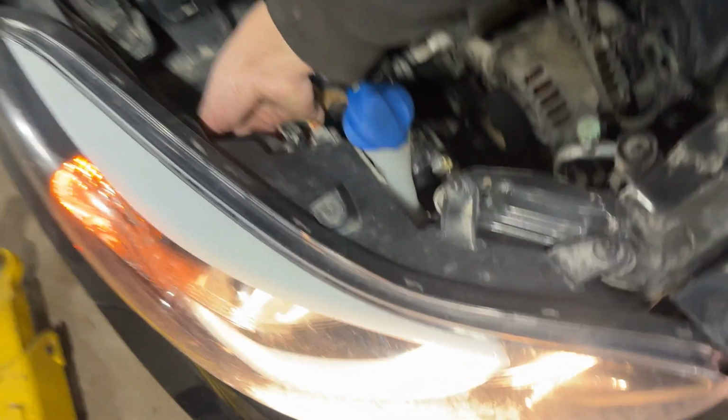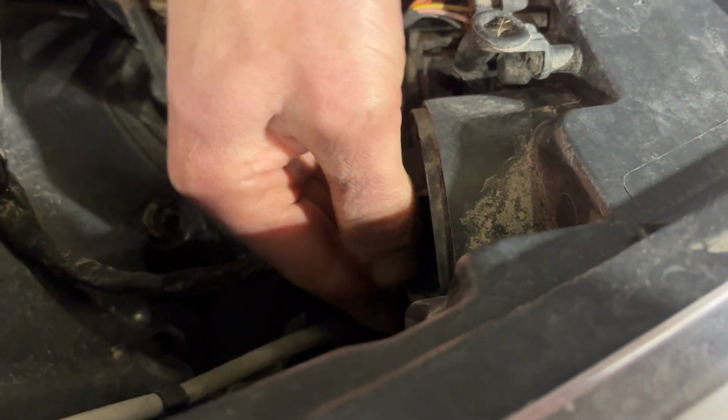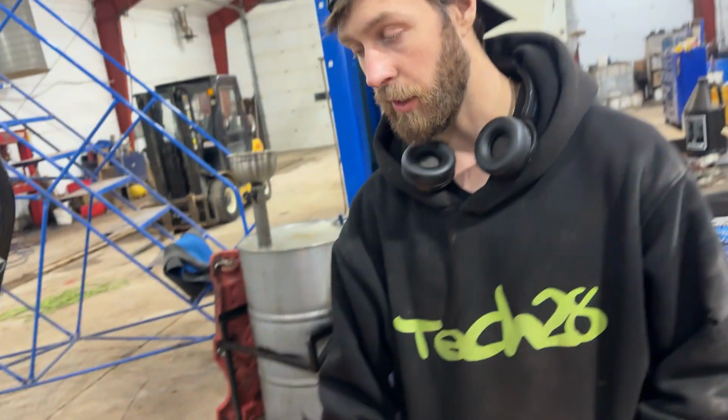You can see on this side, our access panel right here that just turns counterclockwise to unlock is very easy to access, right? Just on clips like that. But the driver's side is not so easy. They put a fuse block right in your way. So there's a couple things we got to do in order to remove the headlight